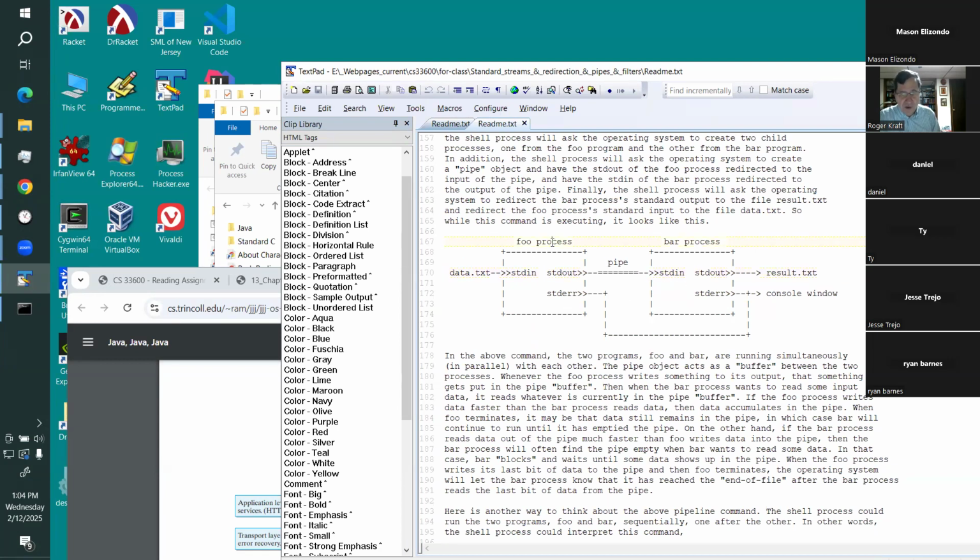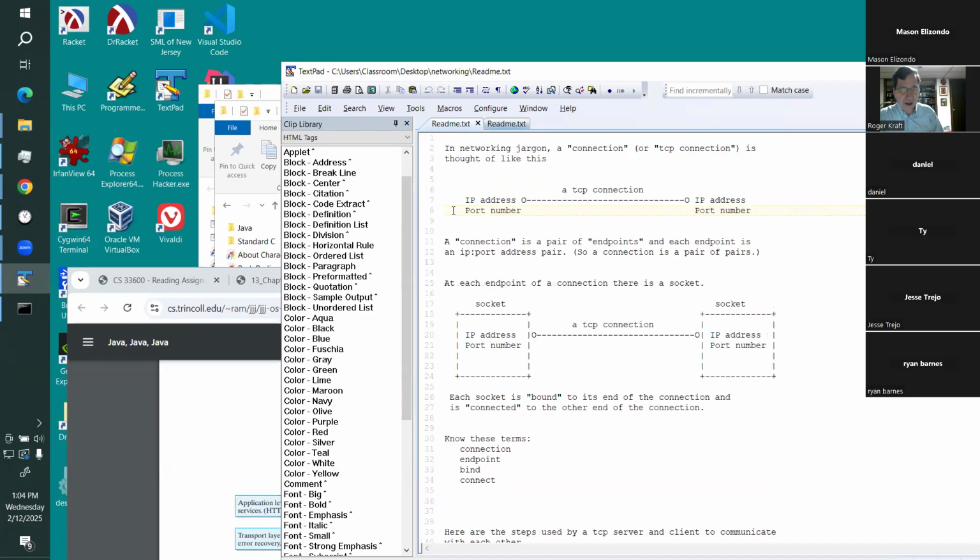We want a way to create streams between computers that aren't connected to each other. Here, the processes foo and bar are on the same computer, and the pipe is the operating system as the middleman between the two processes. Now it's going to be a process on one computer talking to a process on another computer, possibly thousands of miles apart, connected by what we think of as the internet. The TCP connection is